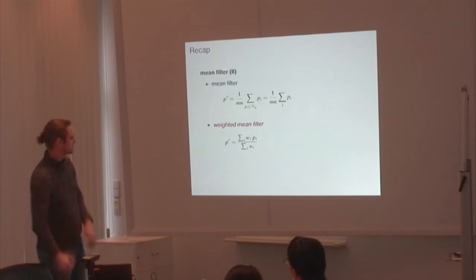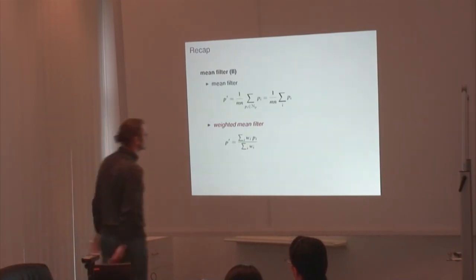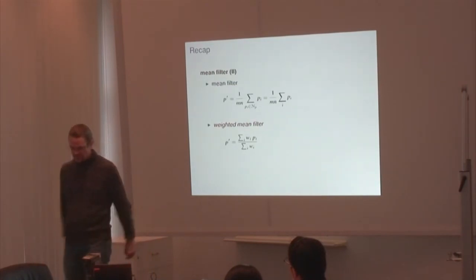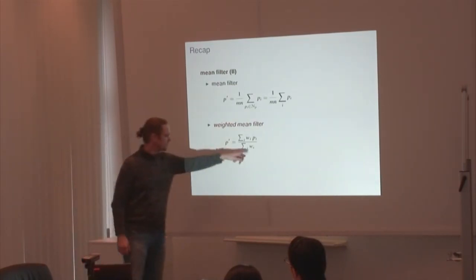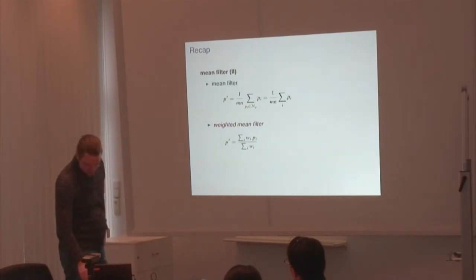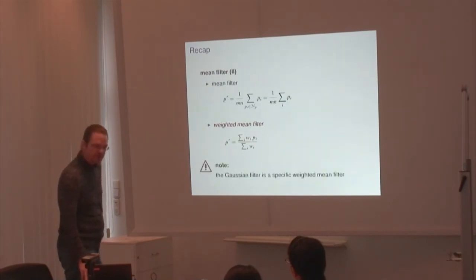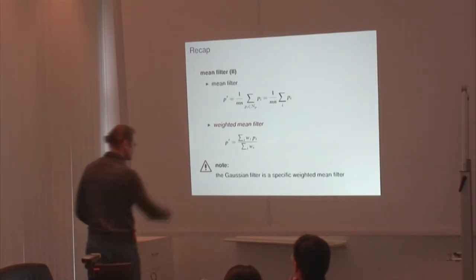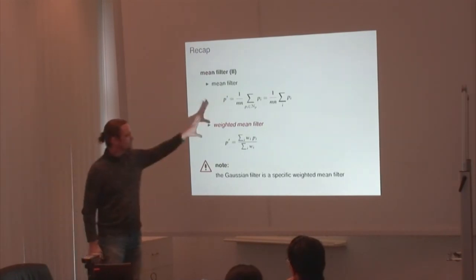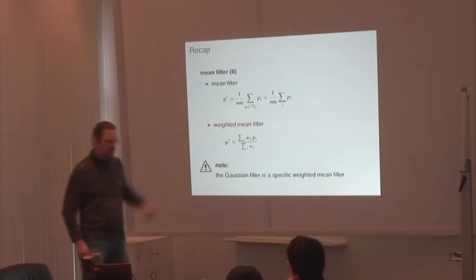We have this weighted sum, and in order to make sure that this behaves as a statistical measure, we have to normalize this by the sum over all the weights. Why would I mention that? Because of this. If we write it like this, and if we generalize it like so,